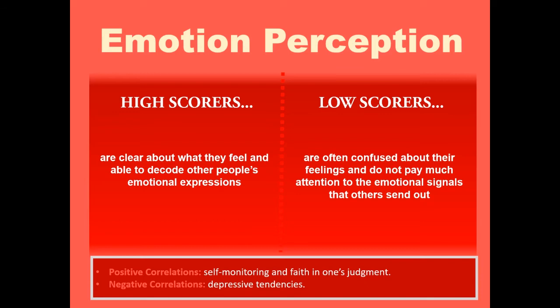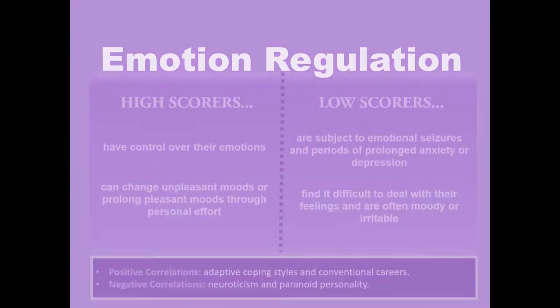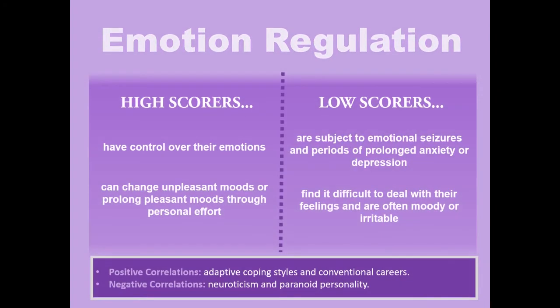The facet of emotion regulation concerns our confidence in managing our own emotions and moods. It complements the facet of emotion management, which concerns our confidence in managing other people's emotions and moods. This slide shows some correlates and characteristics of high and low scores on emotion regulation. Like all trait emotional intelligence facets, both high and low scores on emotion regulation have advantages as well as disadvantages. For example, individuals who score high on emotion regulation may be perceived as aloof or as too laid back.